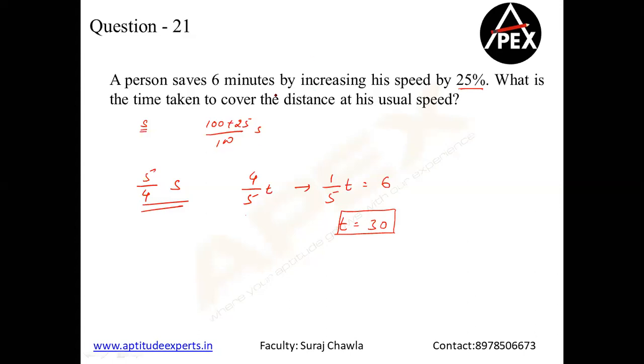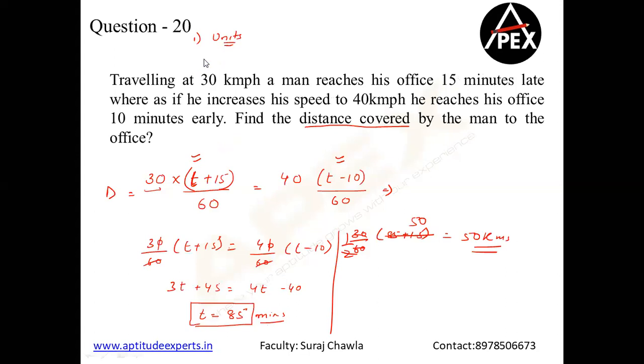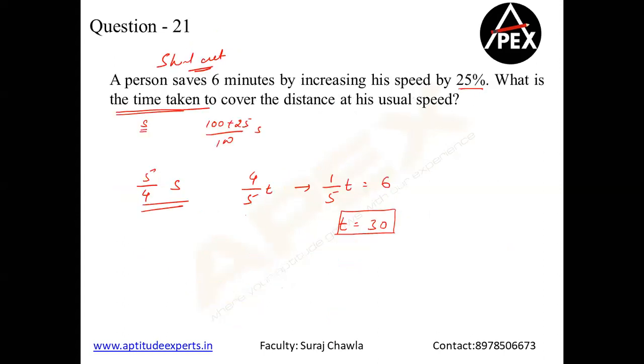Go in a very plain way. If the question comes on these lines and is asking you the usual time, directly use the shortcut. In the previous question, he did not ask you the usual time. That is the major reason I did not go with the shortcut. Having said this, can this be solved through proportionality? Of course, yes. But please appreciate this is a simpler method of solving as compared to proportionality. Clear?